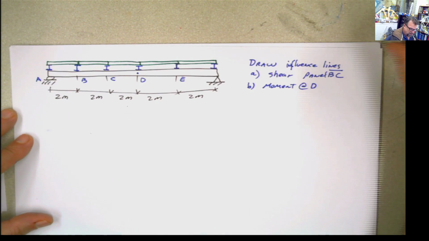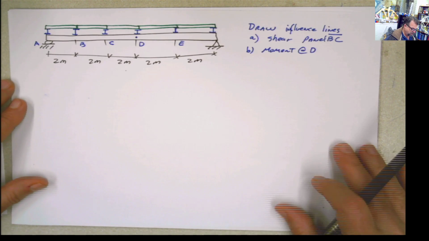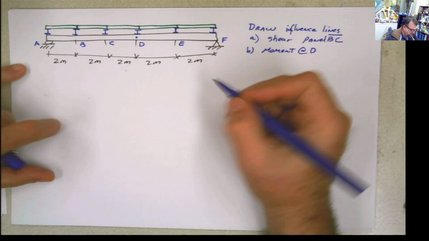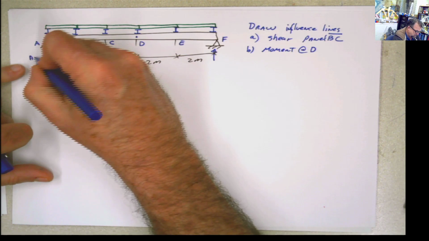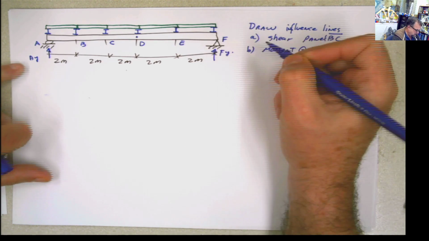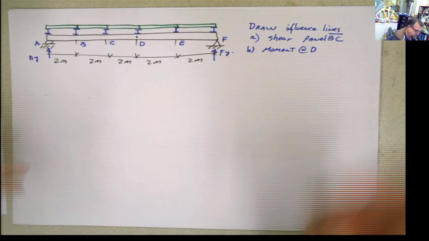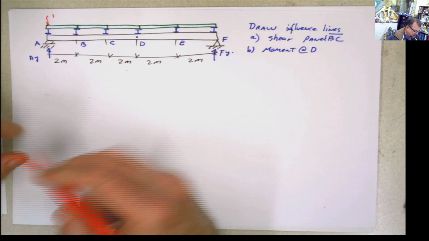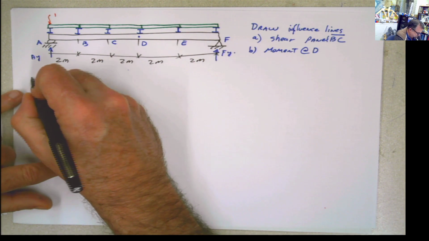So let's see how you do this. That's too many words, and the analysis is extremely similar to the regular analysis that we do. The first thing is recognizing, I'm missing this point F here, that we have to calculate these reactions AY and FY, and we are going to be moving the load as we always do. The first location of the load is going to be on top of that support A. So we are going to do first the load